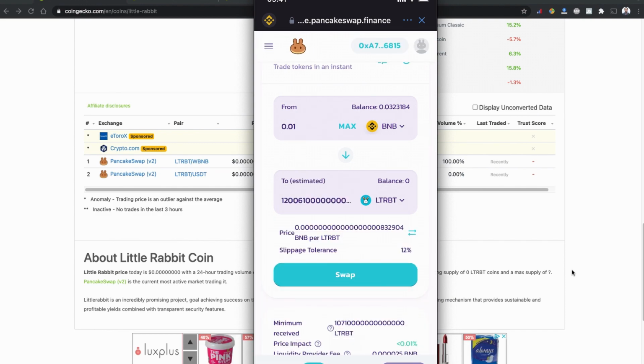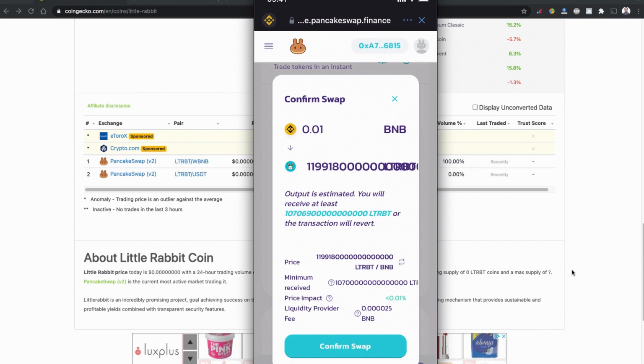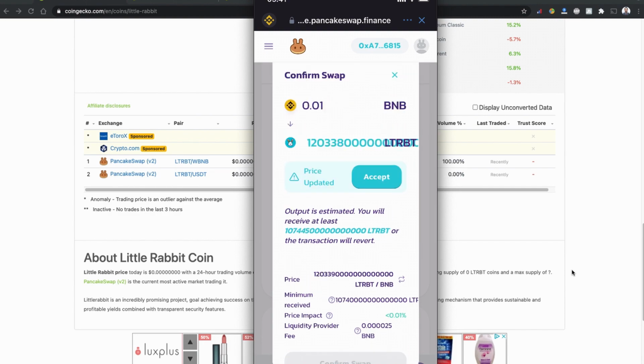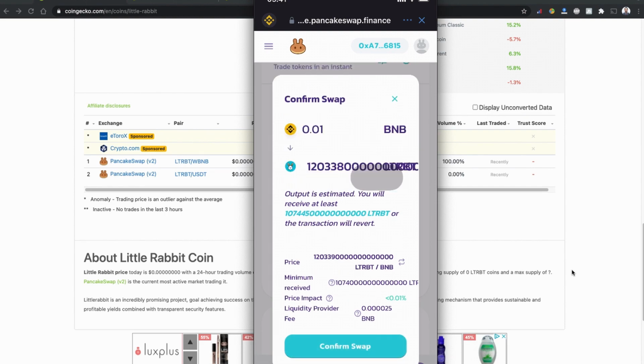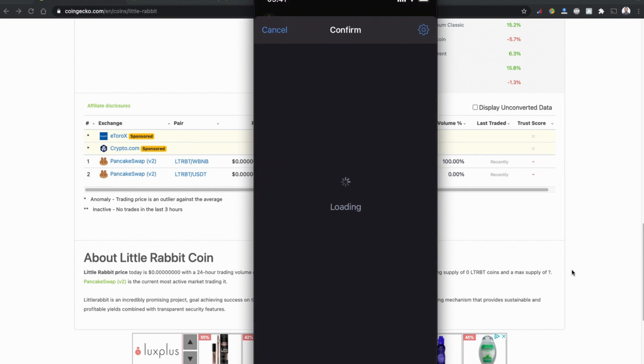With 0.01 of BNB, I'm going to have lots of millions of token coins in my wallet. So I'm going to click to swap and see the confirmation swap window. In this window, you can see how many of these token coins I'm going to receive and what the price impact and liquidity provider fee will be. So there is a price change. I'm going to click to accept and I'm going to click to confirm swap.